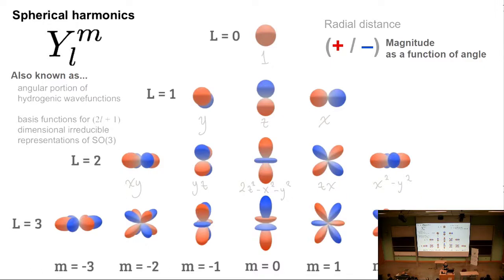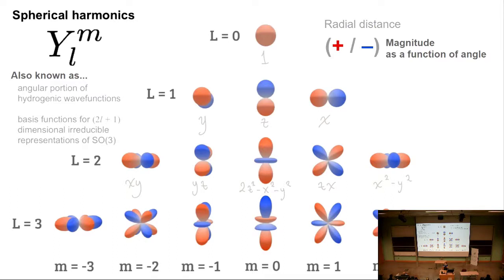L equals 1 is proportional to y, z, x. I'm going to emphasize that they are in that order by convention. So if you wanted to have an L equals 1 output and you're predicting x, y, z, you're going to be convinced that the network's not equivariant, but I promise you it is. It's just that you have to permute these different things.